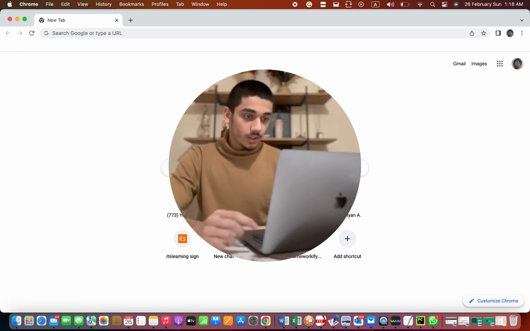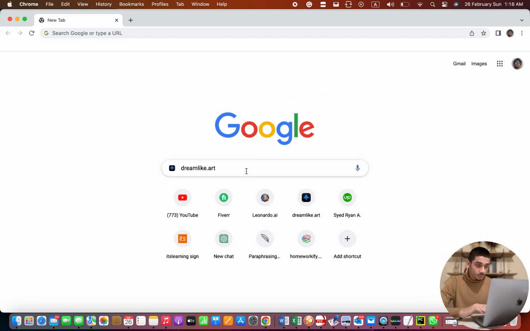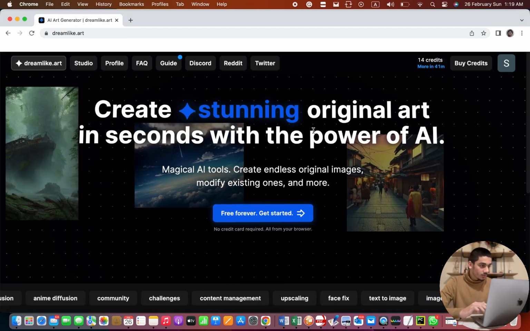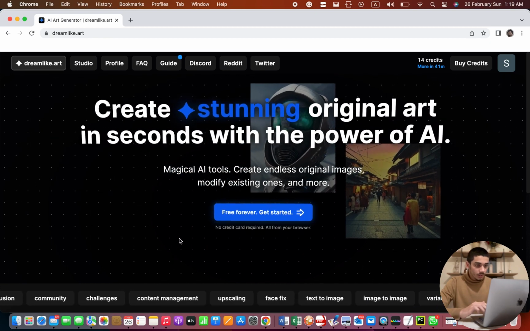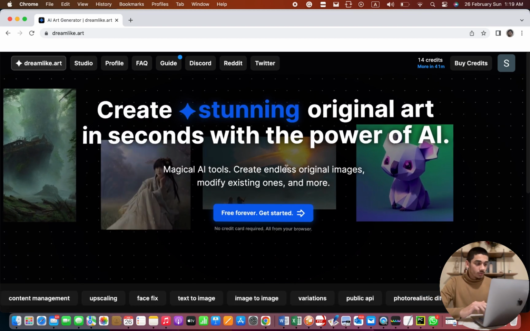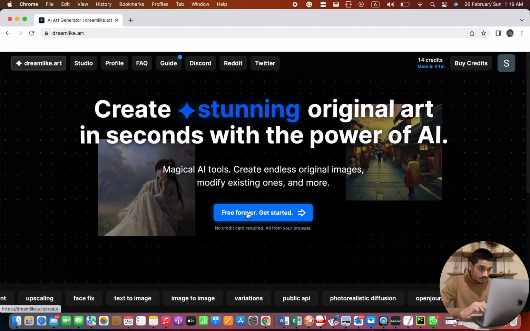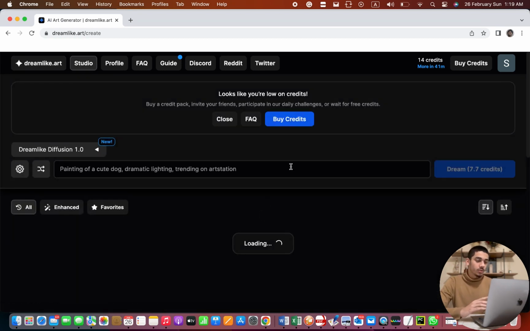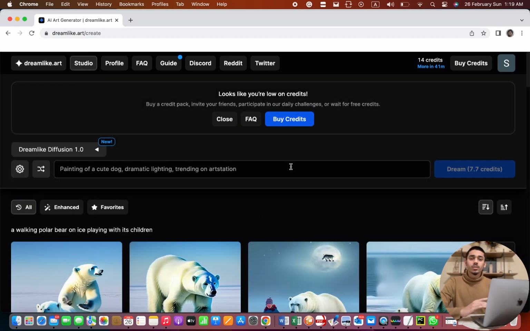So what you're gonna want to do is come on to Google and type greenlight.art. You want to press enter. So you're gonna come over to this really unique and beautiful looking interface, which is really user friendly. So what you're gonna want to do is tap on this button. All right, so it's gonna take you somewhere to create an account. It's just so easy. Just log in with your personal account or any other account, and it is gonna take